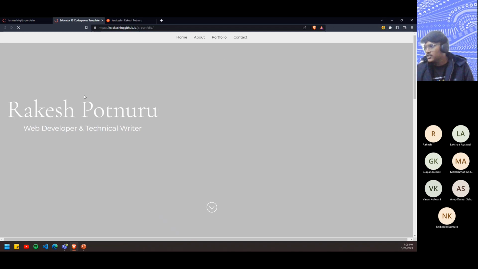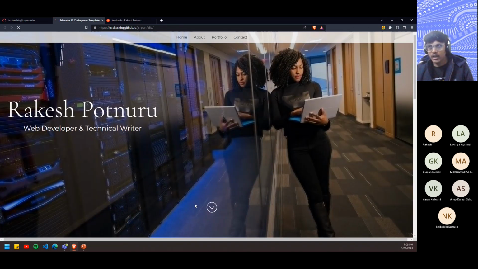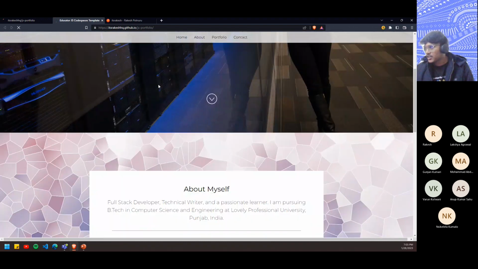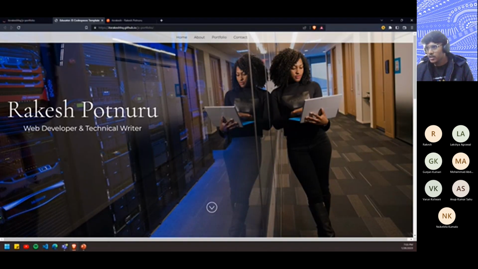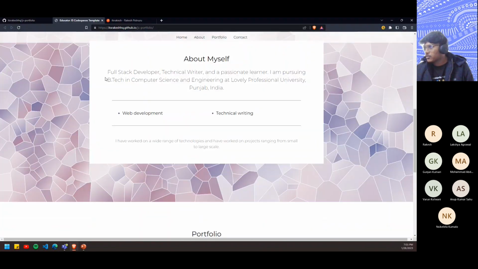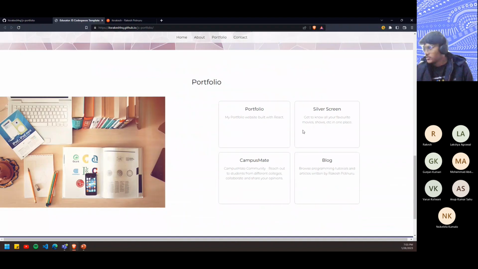So see, this is the portfolio you are going to have. See your name, your intro, and everything about yourself, and you can showcase your projects. You can put a link,